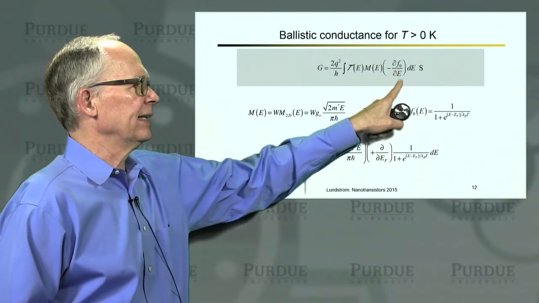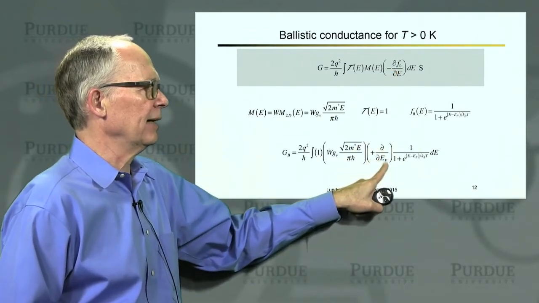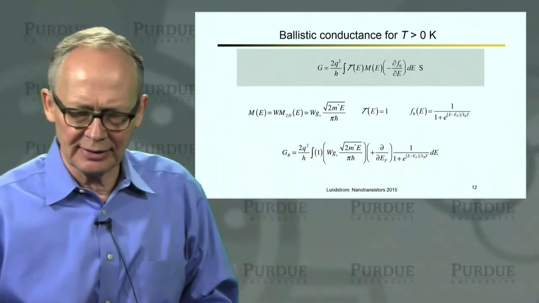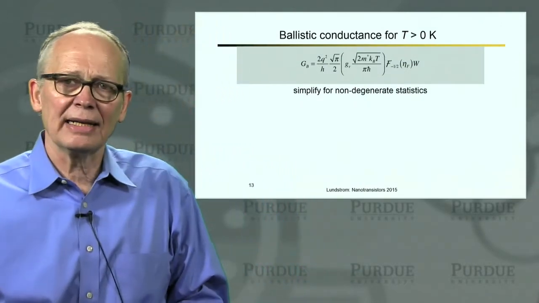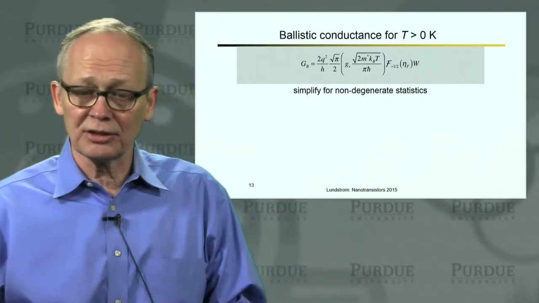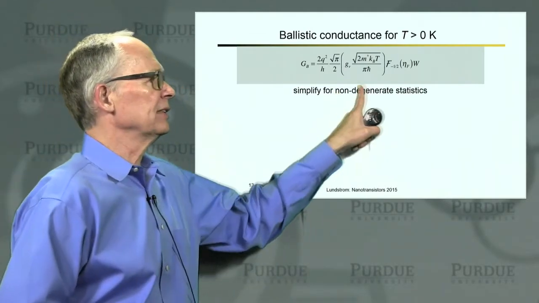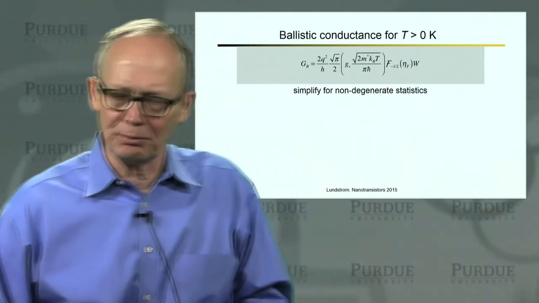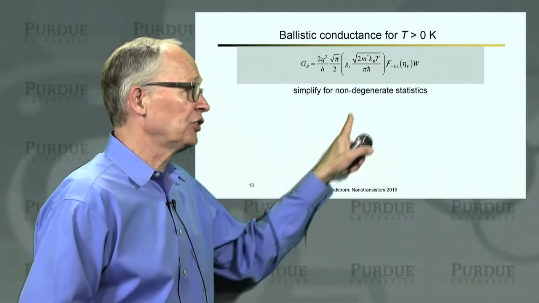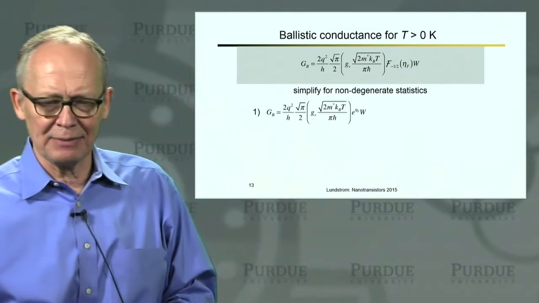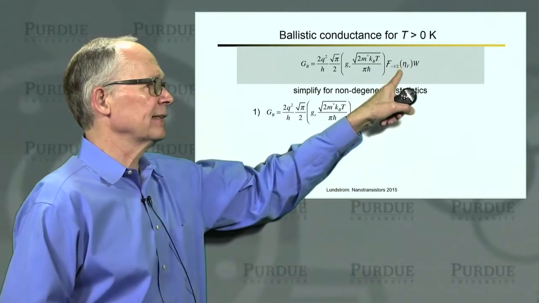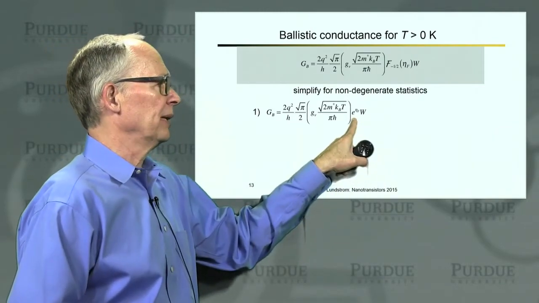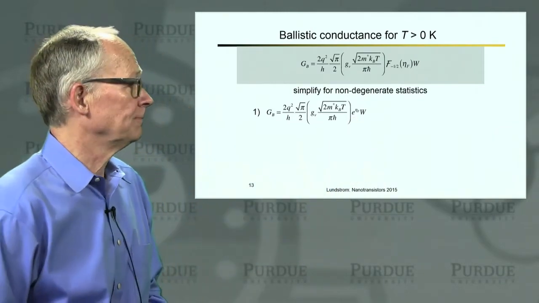So if you do that, we'll get an expression like this. I'll rewrite the minus df naught dE as a plus d dEf, which then I can bring outside the integral. Then I can do the integral. Then I can take the derivative. There's a little bit of work to do that. I don't want to go through that. It's done in the lecture notes. I'll simply quote the result. This is the result of that integration. So this brings up another Fermi-Dirac integral, this time an integral of order minus 1/2. Now we can simplify that for non-degenerate statistics, and that makes life easier. For non-degenerate statistics, Fermi-Dirac integrals always reduce to exponentials. So we simply replace the Fermi-Dirac integral with an exponential.